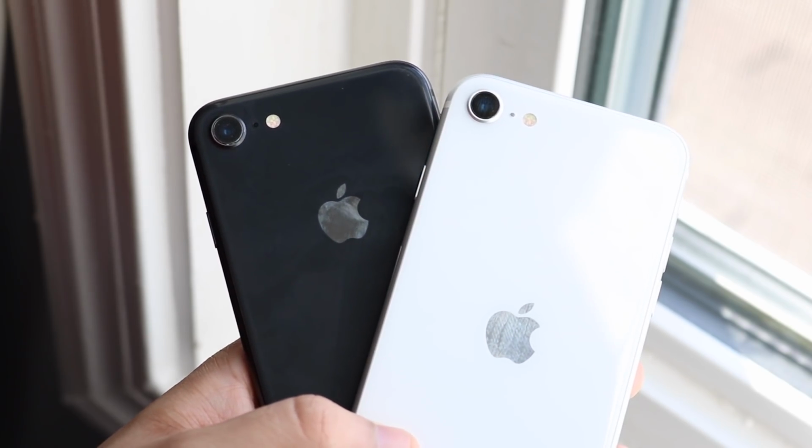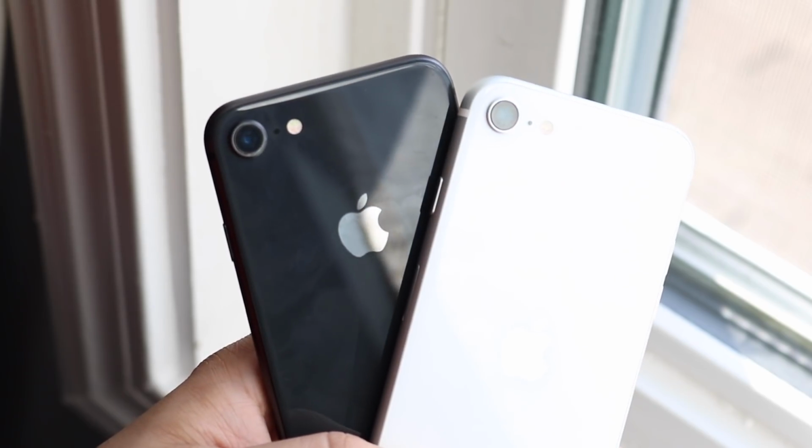Totally joking. That didn't make any sense, but we're going to be comparing it to the iPhone 8 and seeing,